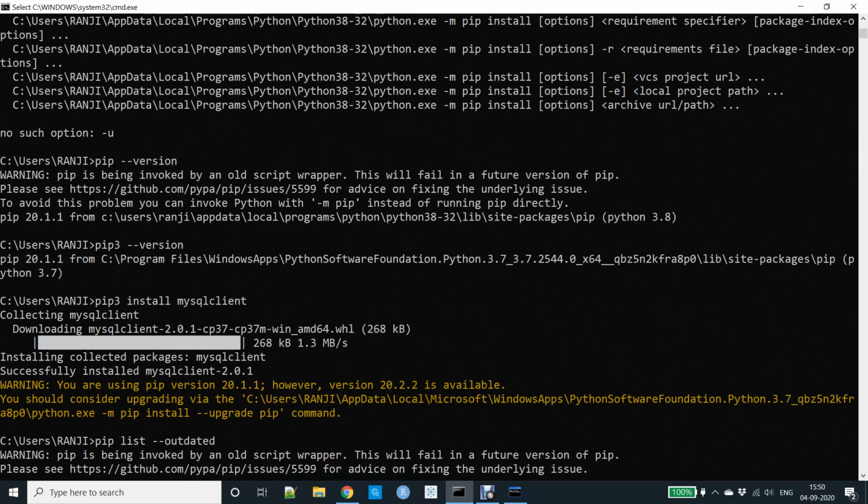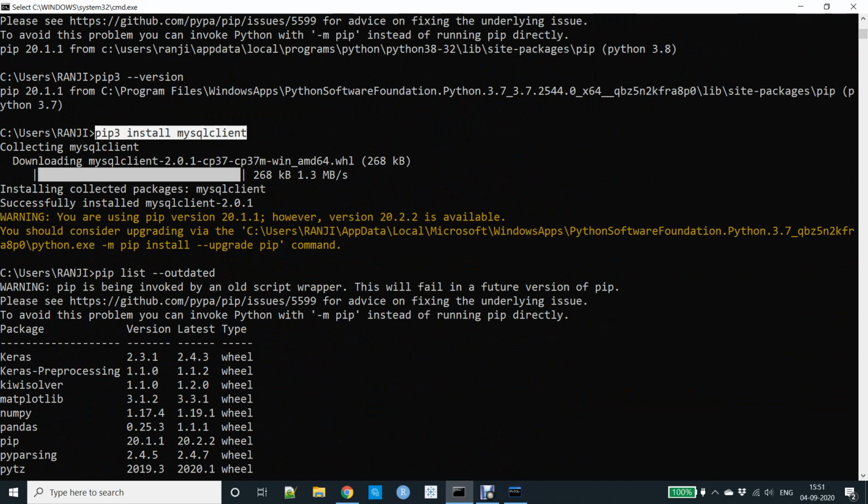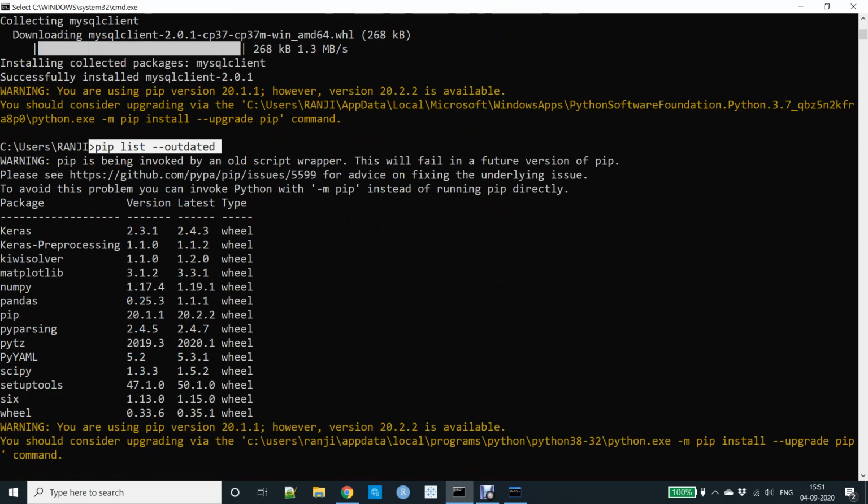This is the pip3 version. If pip is not working for you, you can write pip3 install mysqlclient. It will install the MySQL client, and you can see the pip outdated list. These are the outdated versions and which is the latest one.